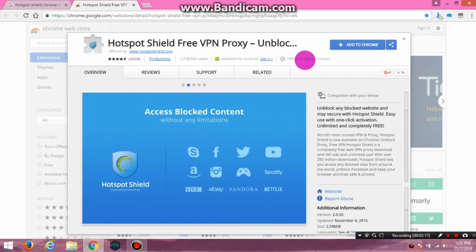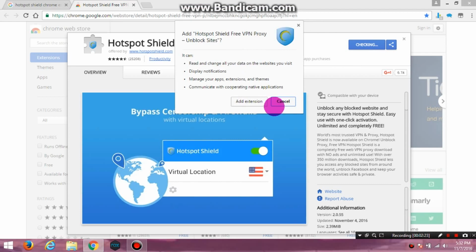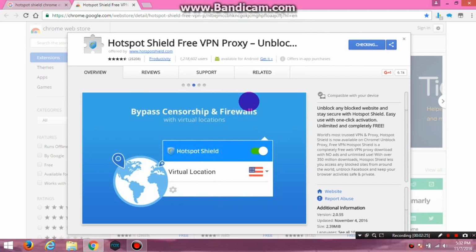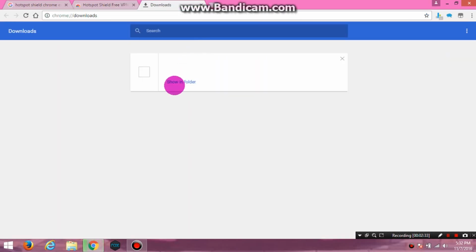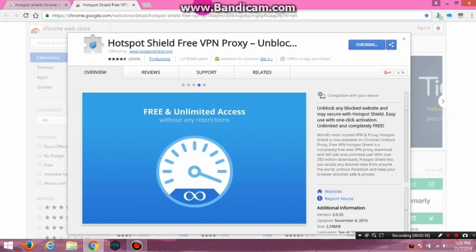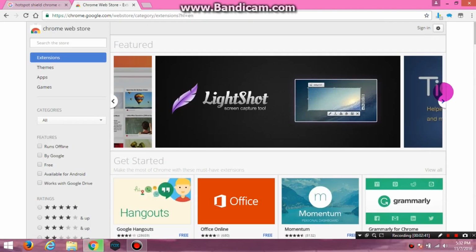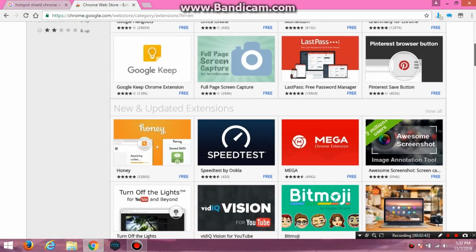So after this, you must click on this button, that is Add to Chrome. This is a blue colored button, and then click on Add extension, and you can see here the CRX file will start downloading. And I think the extension has been downloaded, and it may take some time to come into your web browser.